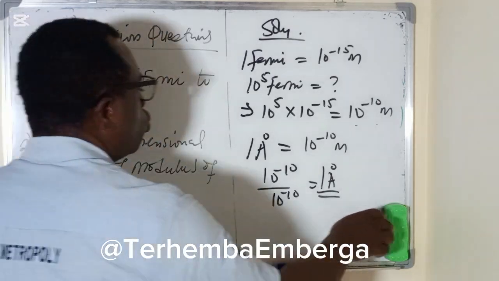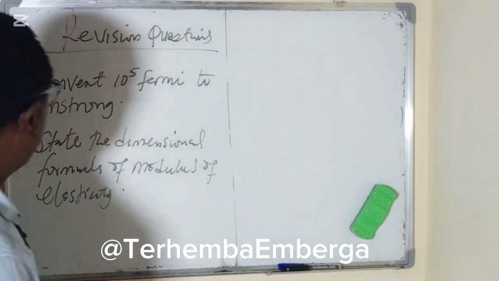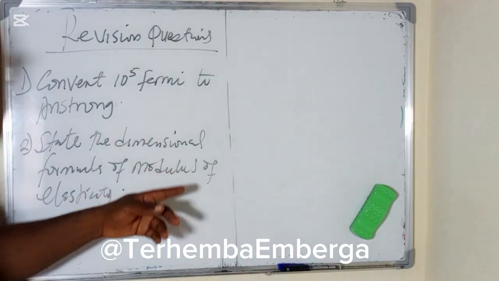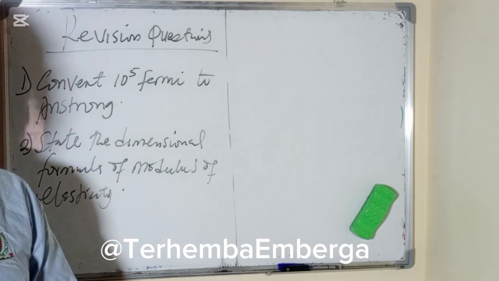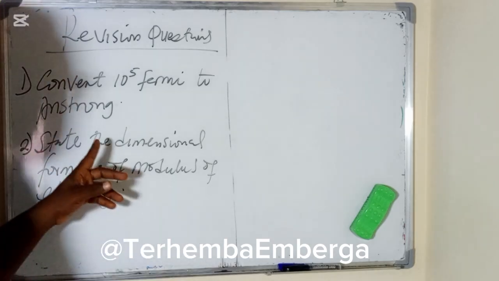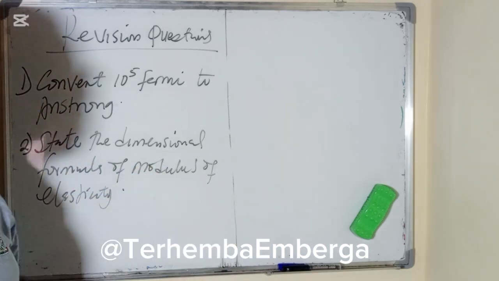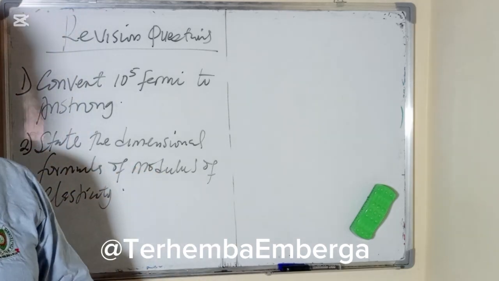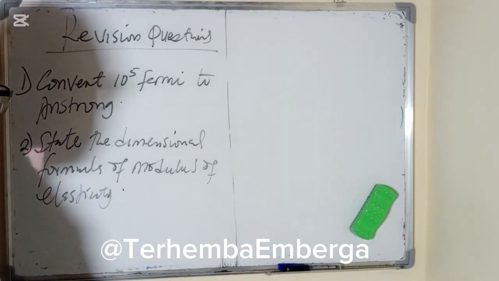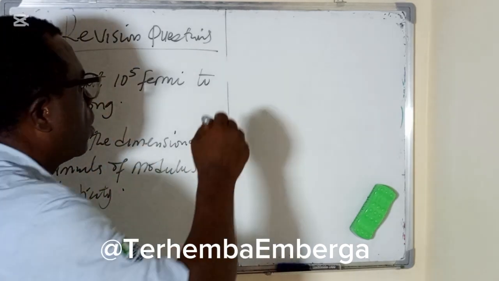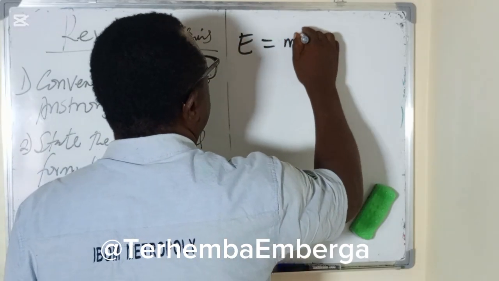Then for question 2, state the dimensional formula of modulus of elasticity. For us to know, either we know the units. If you want to state the dimensional formula of a particular quantity, you either know the units or the formula. So what is modulus of elasticity? What we call Young's modulus. If E is the Young's modulus or modulus of elasticity,